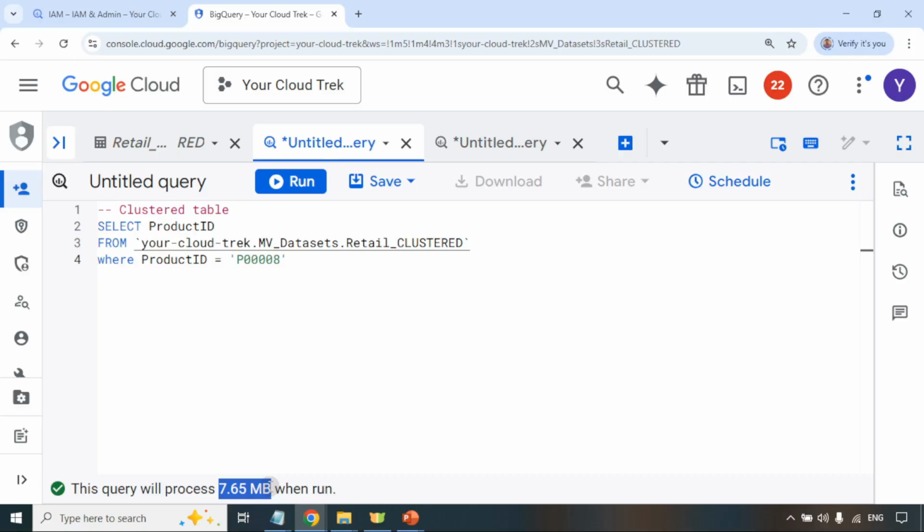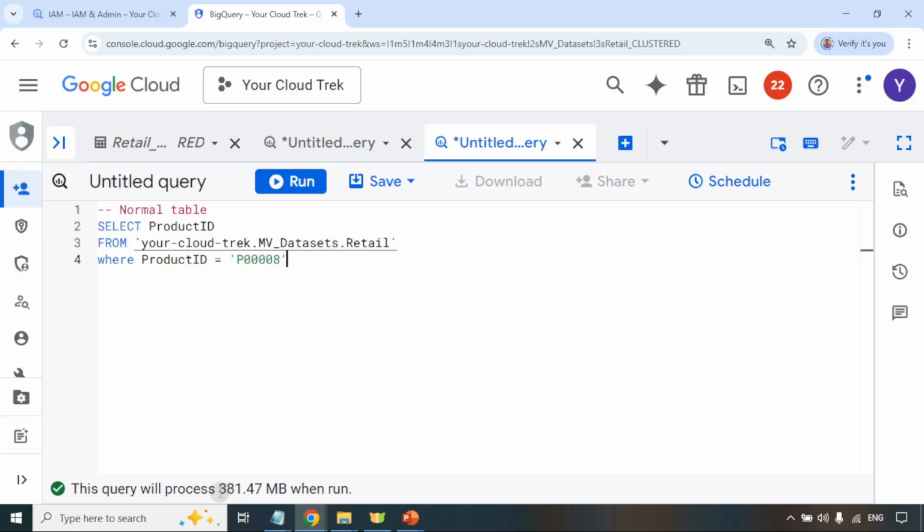This is the working principle of clustering a table, guys. This becomes absolutely clear. Same query: if the table is clustered, it processes just nearly 8 MB of data. If the table is not clustered, this normal table, then the same query with the same product ID